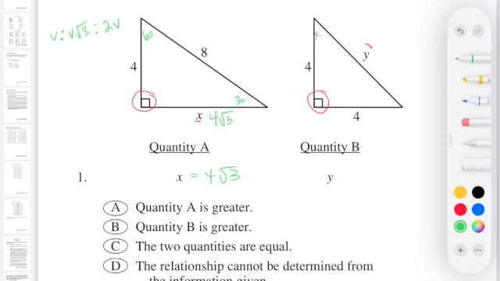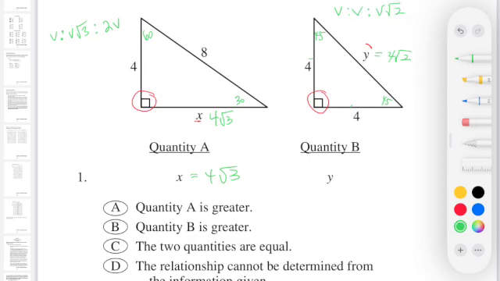and that is a 45, 45, 90 triangle. So in a 45, 45, 90, the legs are equivalent, and the hypotenuse is whatever the legs are times root 2. So y has to be 4 root 2. And again, I'll write this ratio for a 45, 45, 90. It looks like V, V,